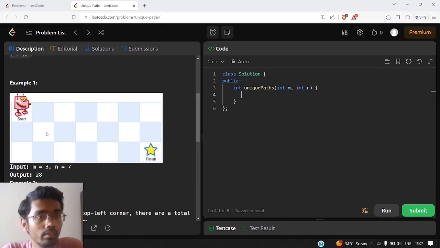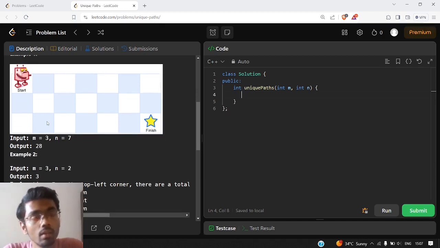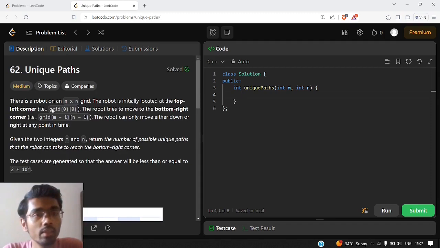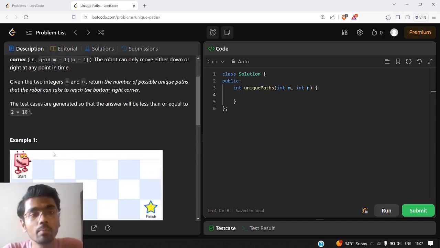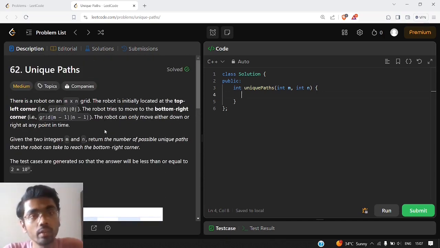So now let us go to the first example. Before moving on to the first example, we have previously solved a question of minimum path sum. So it is exactly similar to that problem. The only difference was that in that we needed to return the minimum sum from that path, and here we need to return the total number of paths in order to reach from start to finish line.